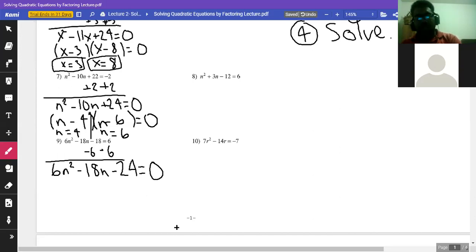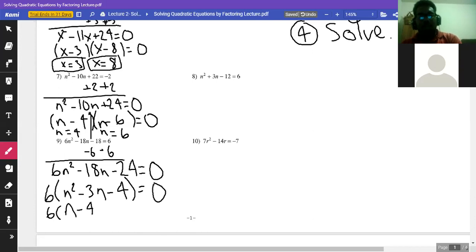Yeah, good, it's 6. Which leaves me with n squared minus 3n minus 4. So now I'm trying to figure out 2 numbers that multiply to give me -4 and add to give me -3. So that would be n minus 4 and n plus 1